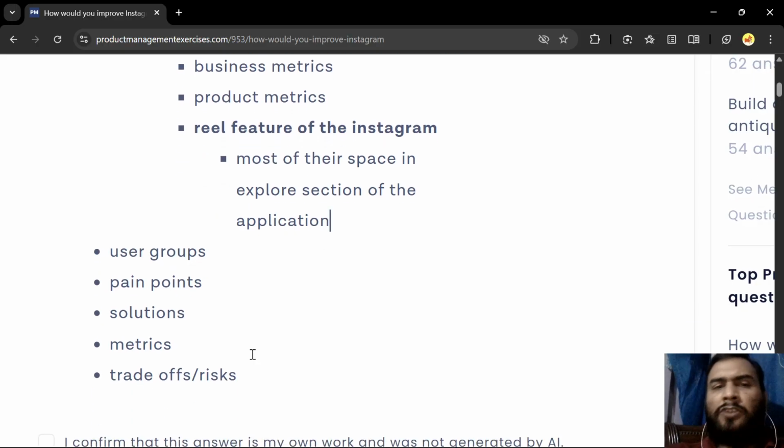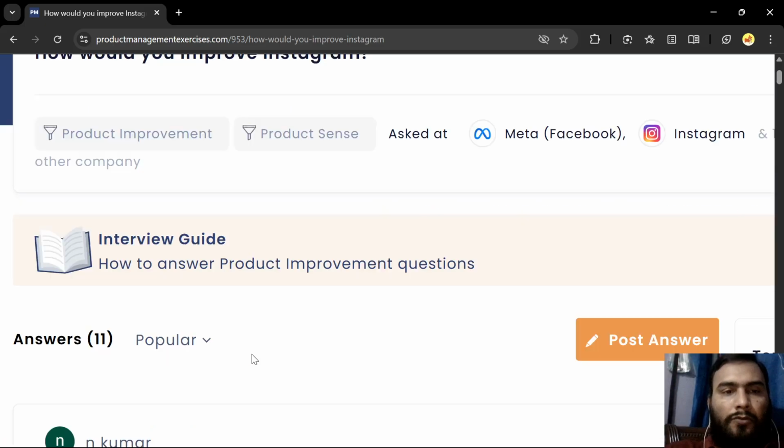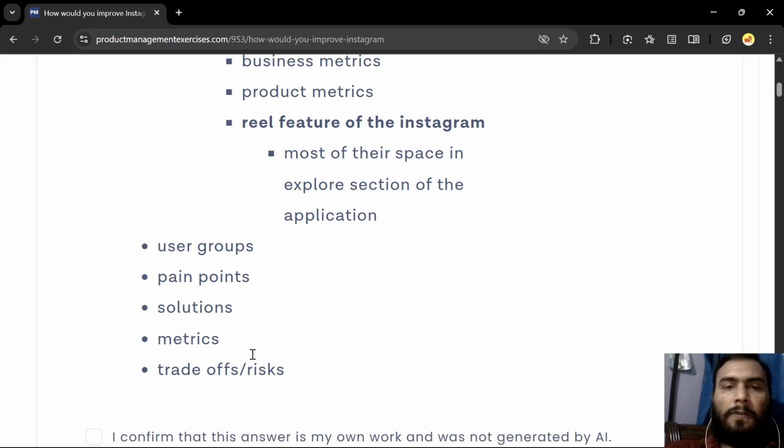So maybe they are looking to reduce their consumption of reels, or they want to avoid certain kinds of reels or certain forms of content altogether. So we need to do something about it, and we will see what we can do about it. And okay, so we have found this to be working on some features for improving the reels feature.